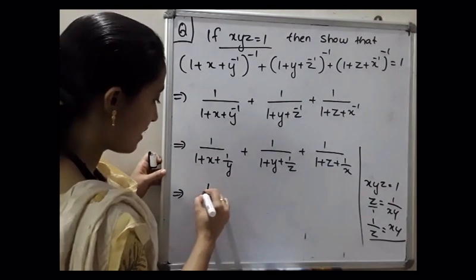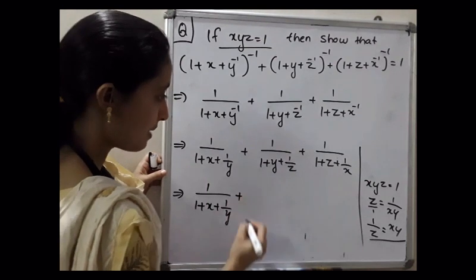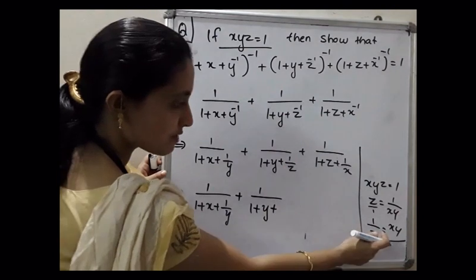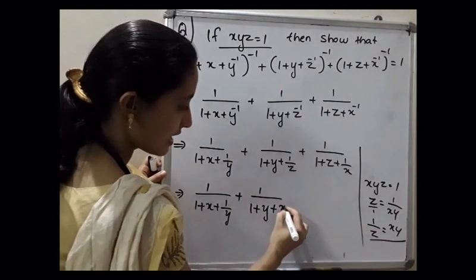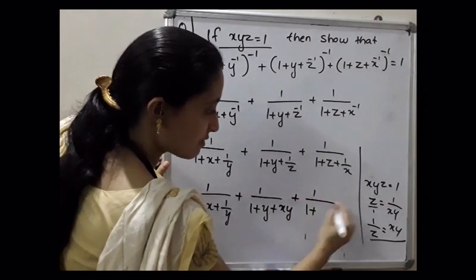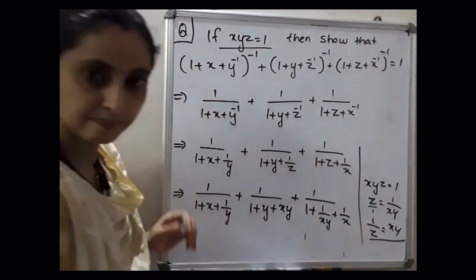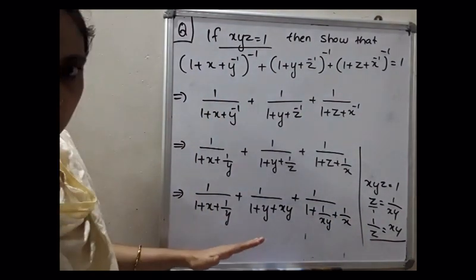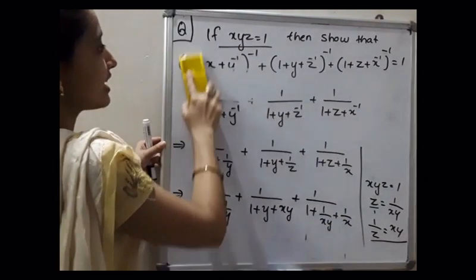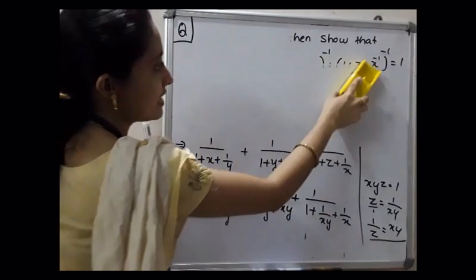Okay, so that is 1 by (1 plus x plus 1 by y) plus 1 by (1 plus y plus 1 by z). 1 by z is what? 1 by z you got as xy. Clear? Then plus 1 by (1 plus z plus 1 by x), where 1 plus z is what? 1 by xy plus 1 by x. Okay, clear up to this? Yes, please write down this. I will wrap the first portion, otherwise we didn't get enough space to write. Okay. Hope you write this much.